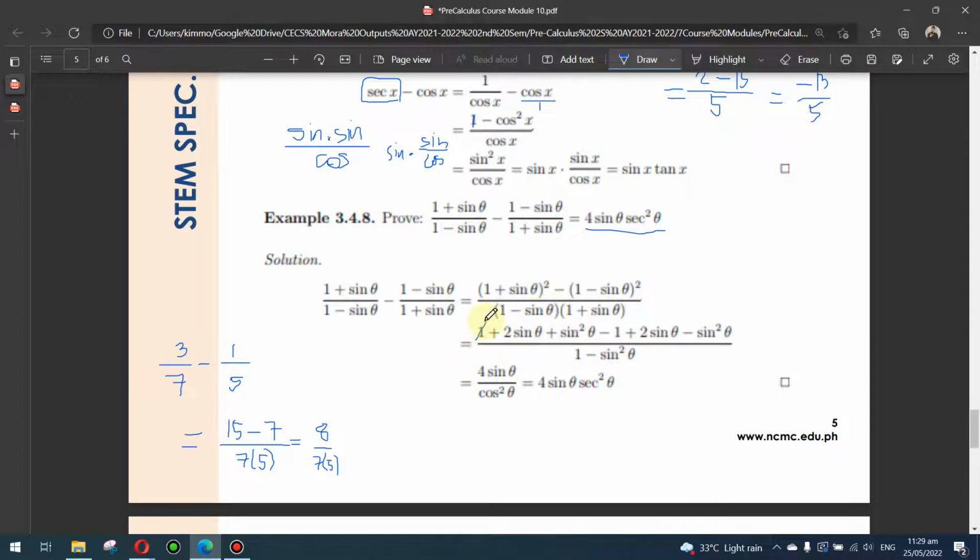So natay positive 1 namatay negative 1 so ma-cancel. May mo siyang 0. Negative sine squared o positive sine squared, diba ma-cancel? Tinawbilin 2 sine plus 2 sine. So mura na siya duha ka apple, no? Mag-add na pud kag duha ka apple. I-let nimo ang sine into apple. So pila may answer? Nakay upat ka apple or that is 4 sine, no? Natay 4 sine. Divided by 1 minus sine squared, gikan atong identity nga